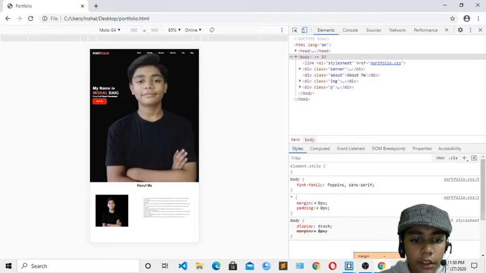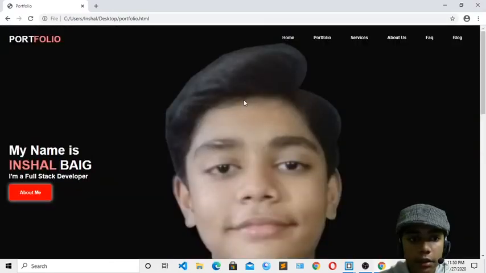So like this you can make a portfolio page in HTML5 and CSS3, okay. I hope you understand how to make a portfolio page in HTML5 and CSS3, and I hope you also enjoy this class like you are enjoying my previous classes, okay. You just have to practice all these things, okay. We have made a portfolio page and we have also made many pages previously, okay. So just practice all these things, okay.